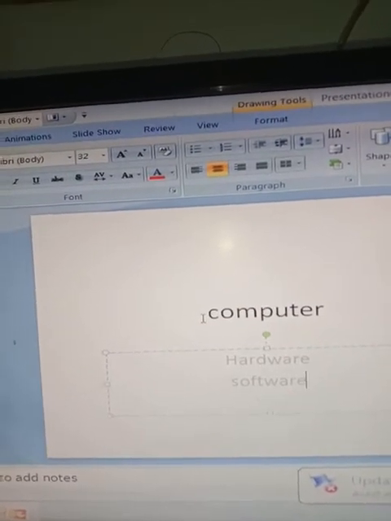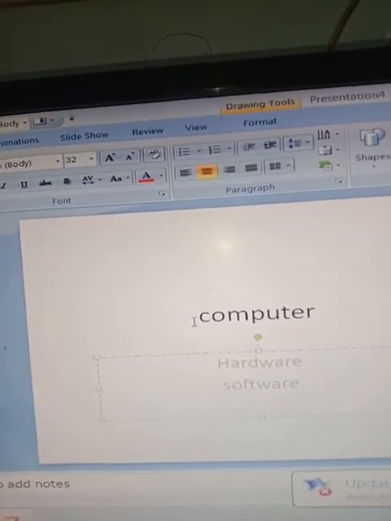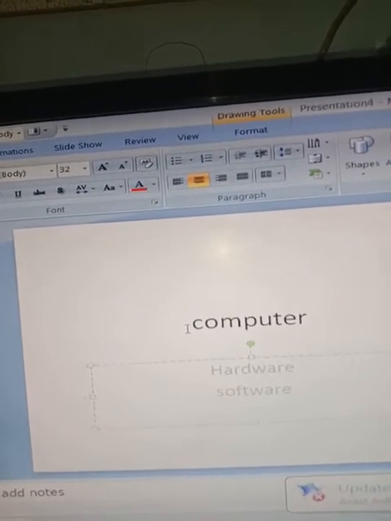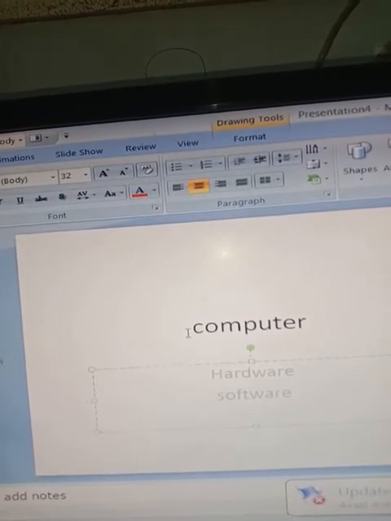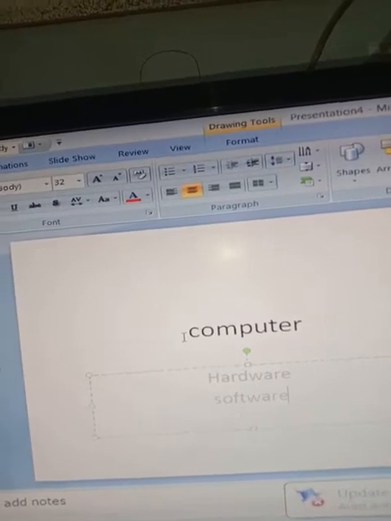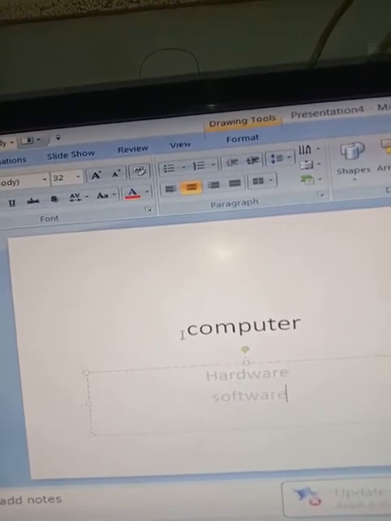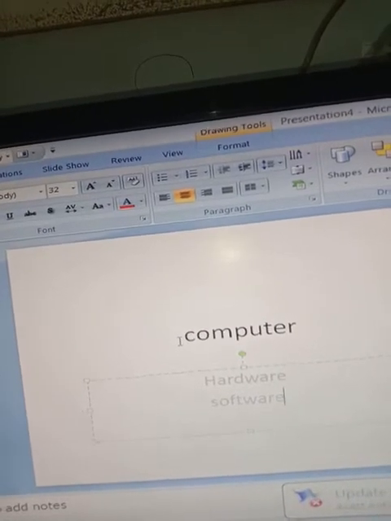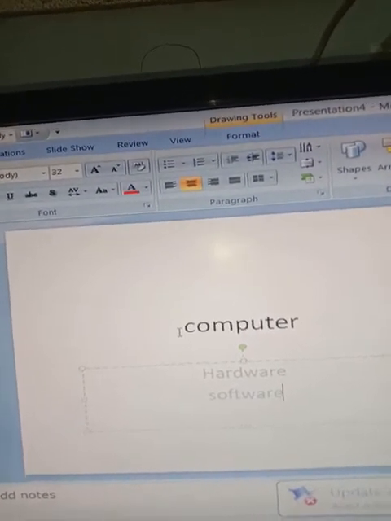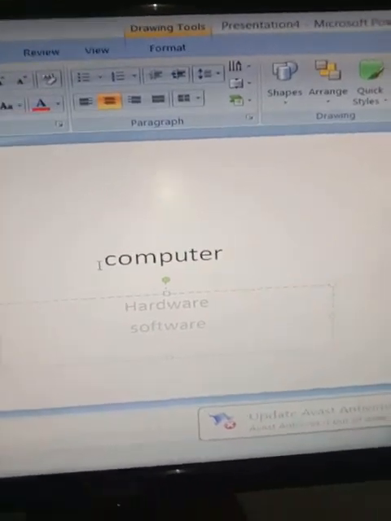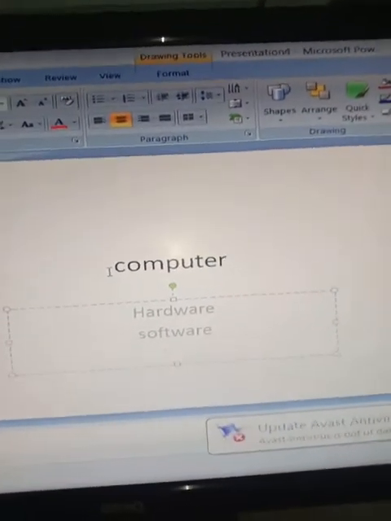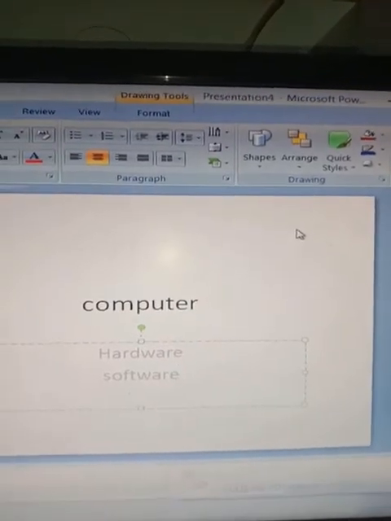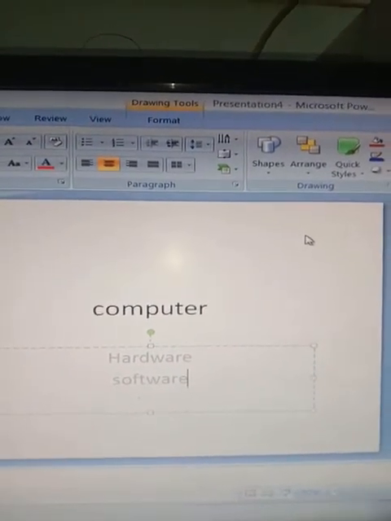Next is slide layout. So what is slide layout? It is actually an arrangement of different placeholders on a slide. It organizes the content that we want to place on the slides using different types of placeholders, the information that we want over here, like the different types of slide layout. Suppose I want to change the slide layout. What I have to do is just take the cursor to the blank area of the slide and right click of the mouse.